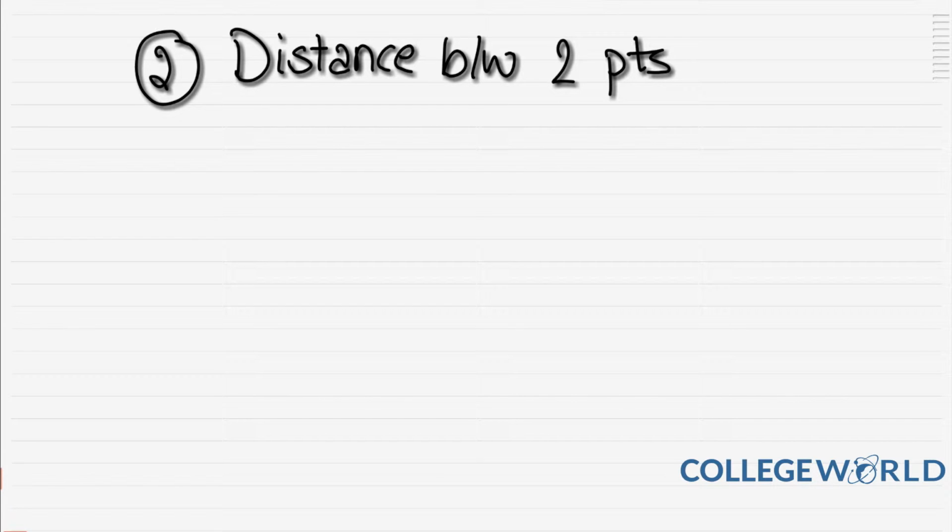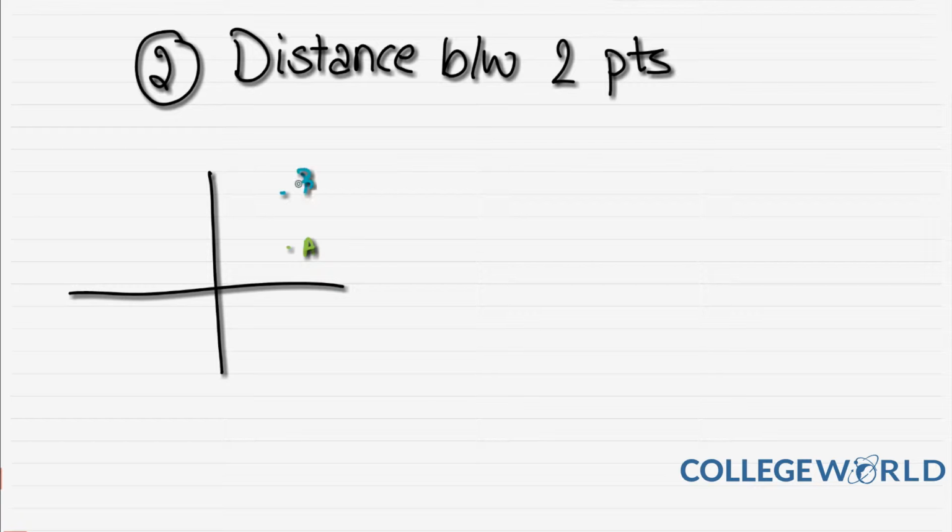Now we're going to move on to our second case. Our second case is about distance between 2 points. So how do we find the distance between 2 points? Well, if I give you the graph here and tell you you have a point A and a point B, and let me label them, so A and B, and you want to find the distance between them,